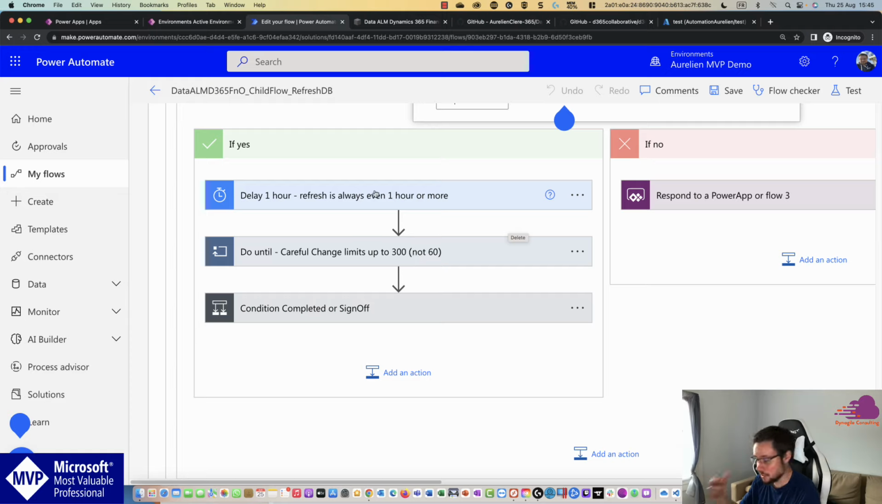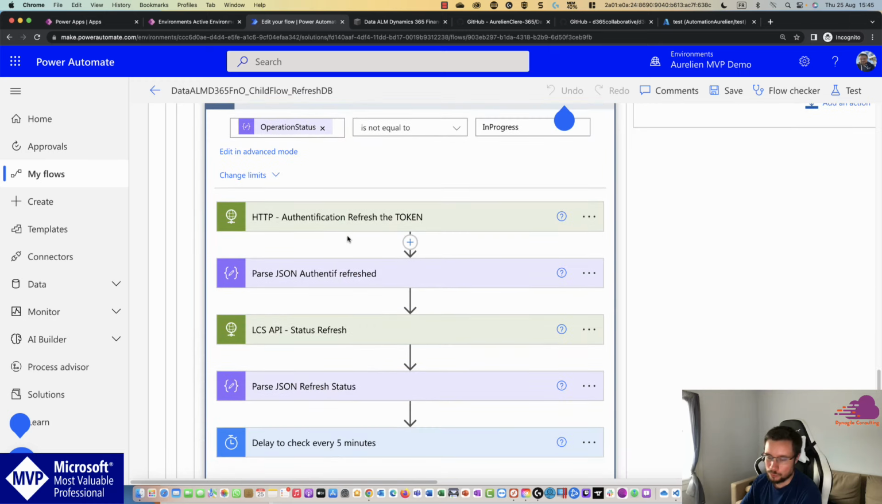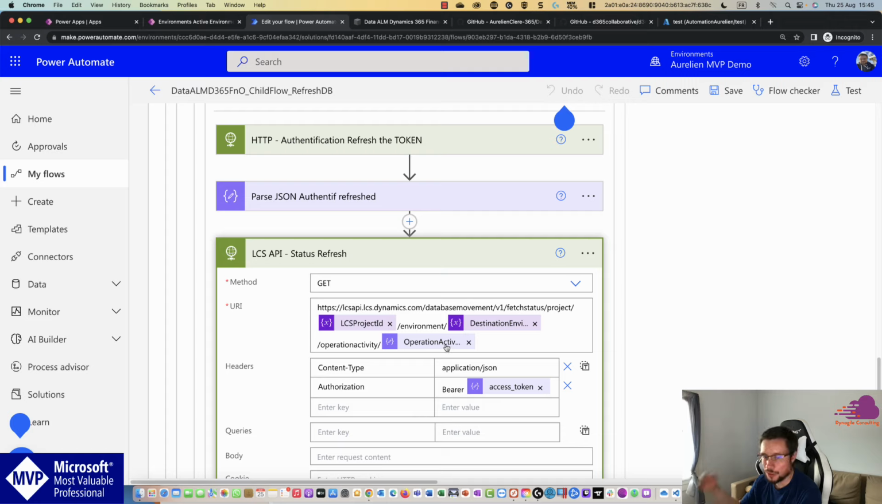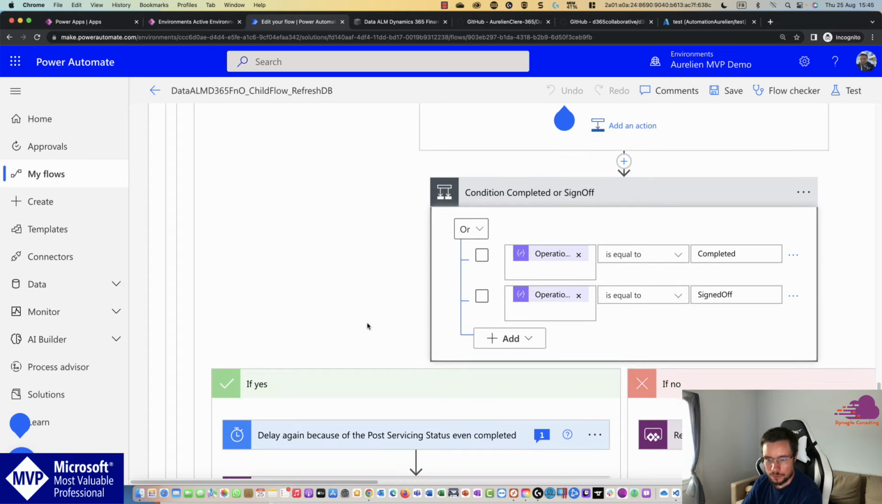Okay, so because it's ongoing, I need to know when it's finished, of course. So first, I add a delay, because I know that normally a refresh takes about 1 hour, not less. And after 1 hour, I call another method of this API to know if the status is complete. Every 5 minutes, I call this API again with the operation activity ID I grabbed from the first call to LCS. And when it's finally complete,